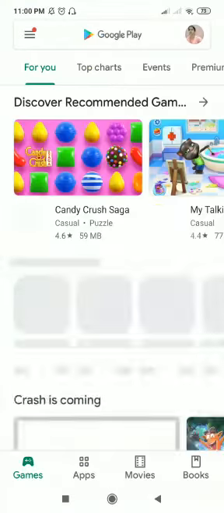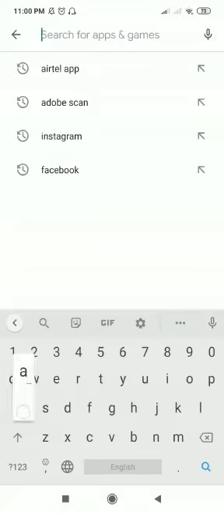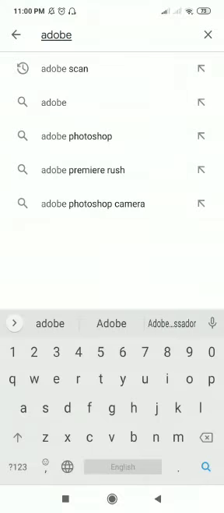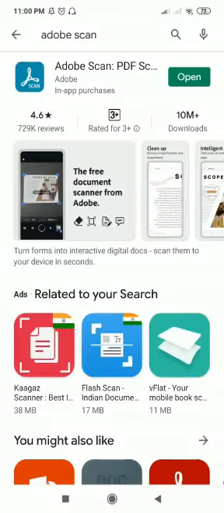As you know, whenever we have to take any new application on our phone, we go to the Play Store and download the app. So we write the name of the app, which is Adobe Scan. Since I already have the application in my phone, I am getting an option to open it. However, if you log in for the very first time, you would get the option to install. So now I am opening the application. You need to download it and be ready with the app.